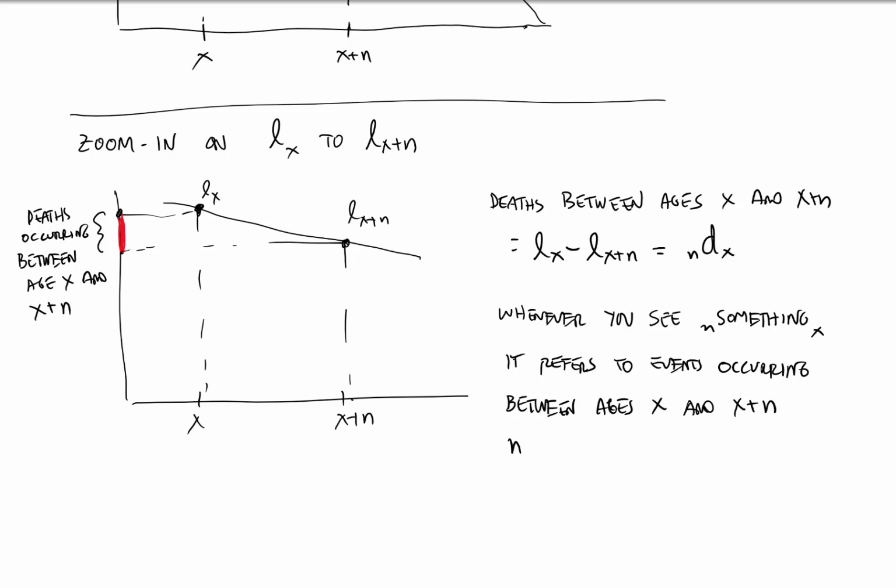These are the n years after age x. It is an interval n years wide. So the n refers to the width of the interval, the x refers to the starting age of the interval,